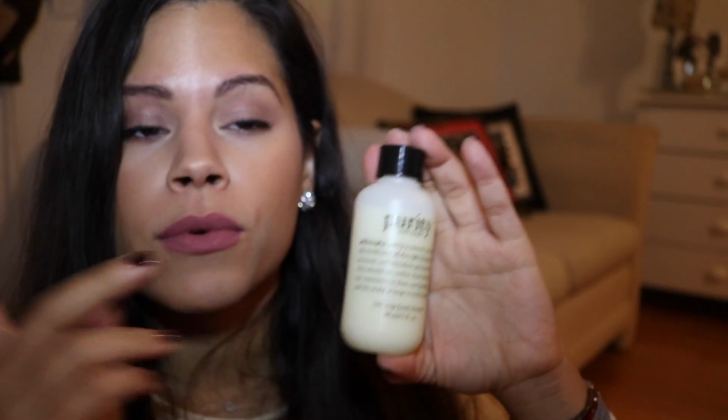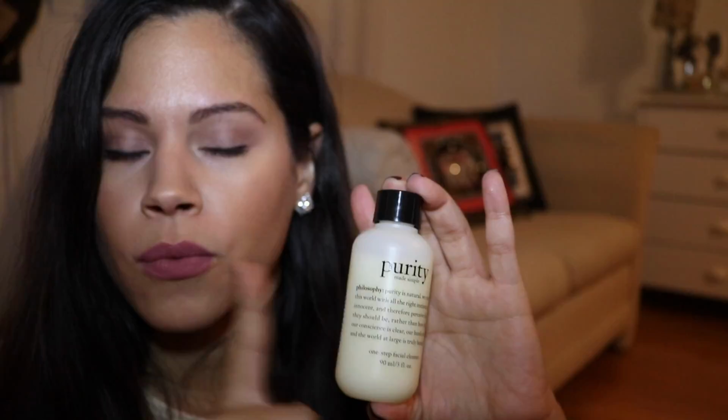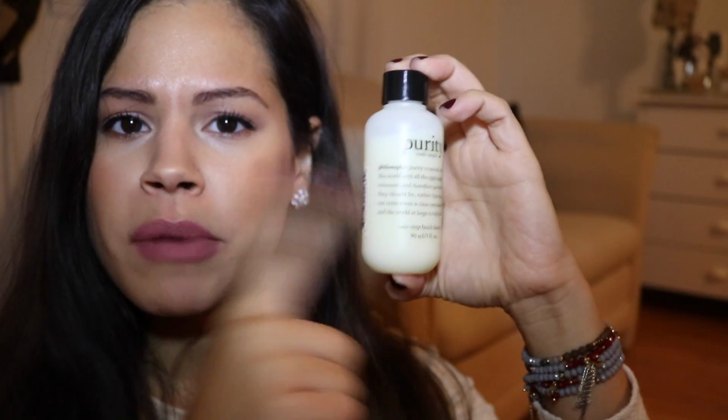So this, I will definitely be purchasing the whole bottle when I'm done with this one. And I think I'm going to keep the bottle for traveling. Okay, so the next